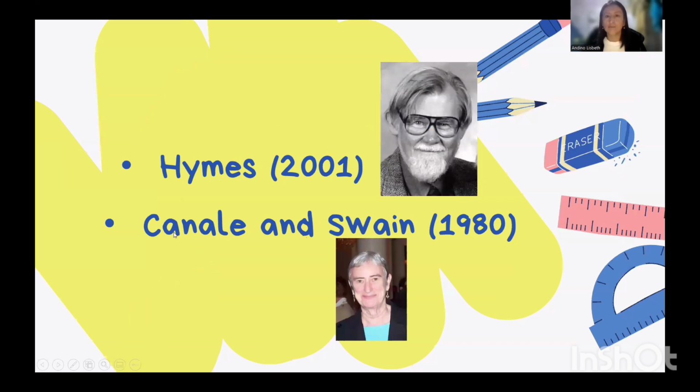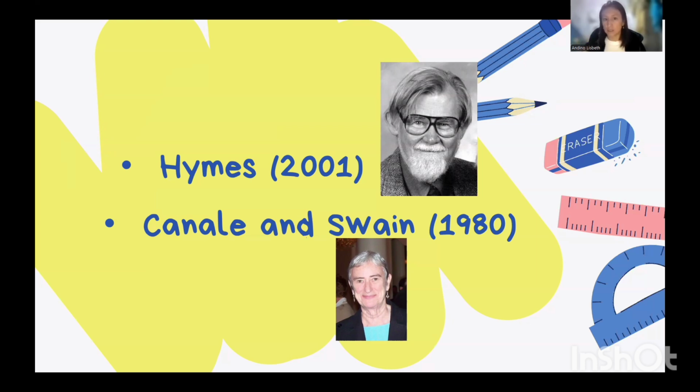Hymes 2001 points out that communicative competence doesn't only represent the grammatical competence, but also the sociolinguistic competence. Canale and Swain in 1980 defined communicative competence as a synthesis of an underlying system of knowledge and skill needed for communication. Canale and Swain introduced in their framework the following components of communicative competence: grammatical competence, sociolinguistic competence, strategic